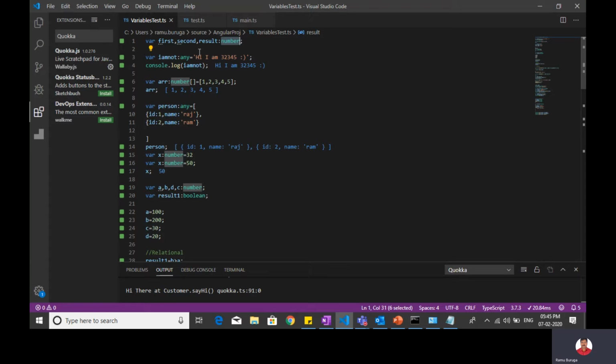You can declare a single variable by using the var keyword.